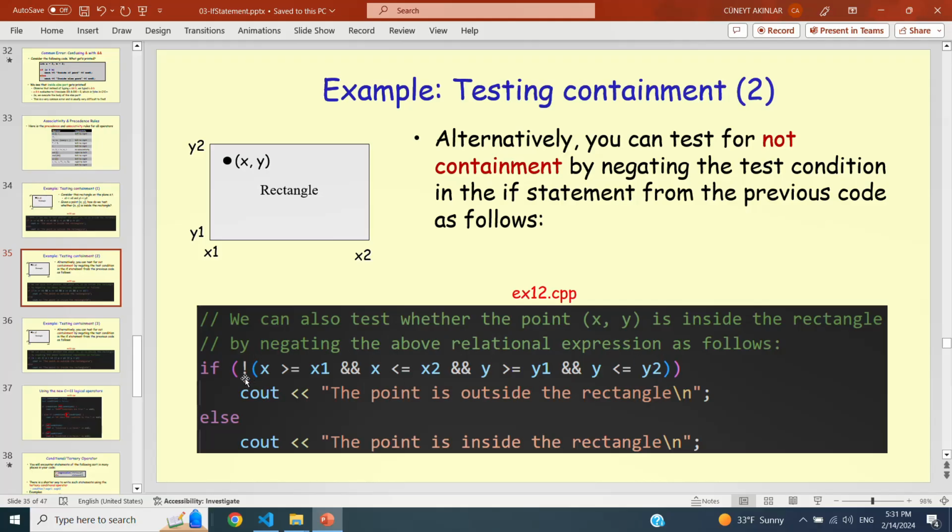If I negate it, then I'm now testing for not containment. So if not of this condition is true, then the point is outside the rectangle, right? Remember, if this condition is true, the point is inside the rectangle. If I negate it, then I'm now testing for not containment, if the point is outside of the rectangle.